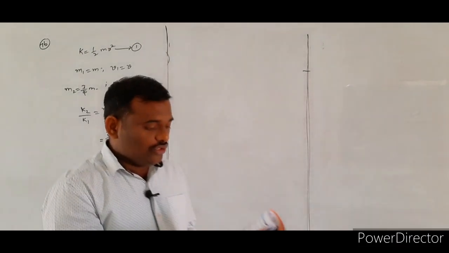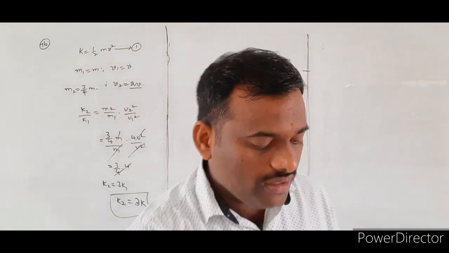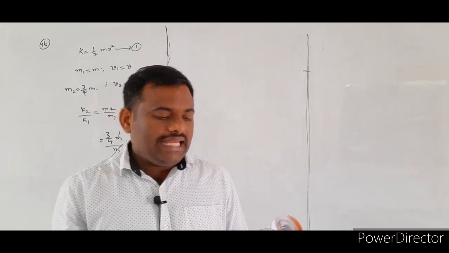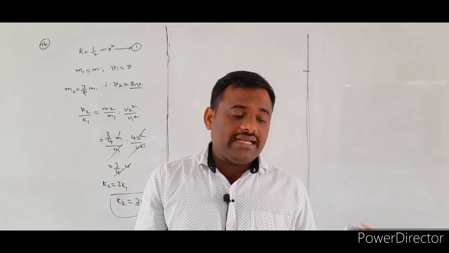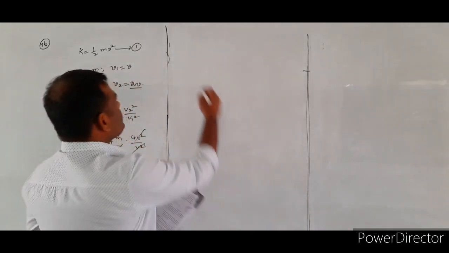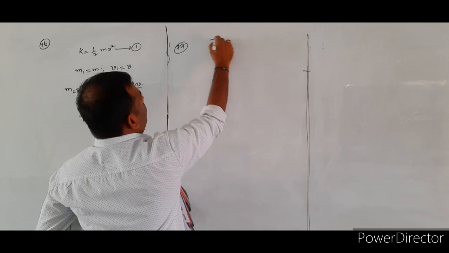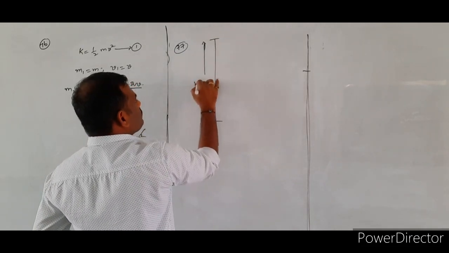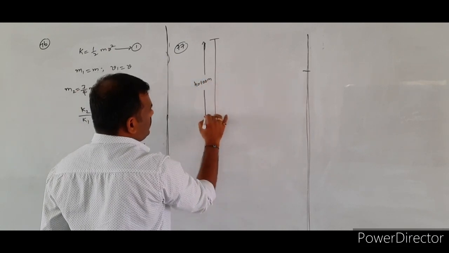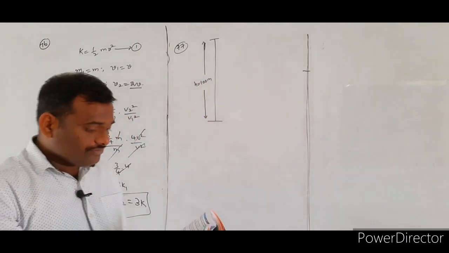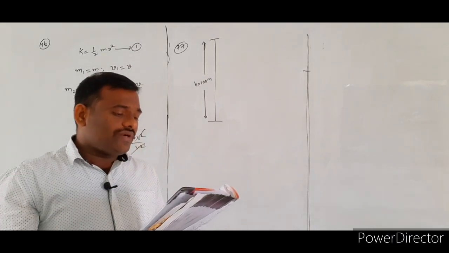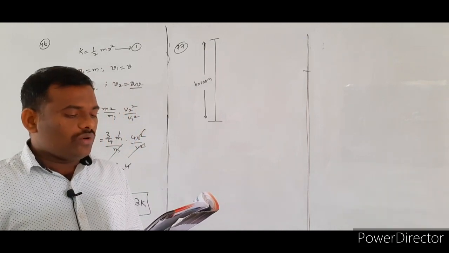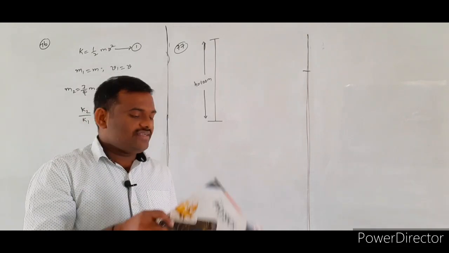3K. Important numerical. Next. Problem number 77. An inelastic ball falls from a height of 100 meters. So, in 77, a ball will be falling from what height? H is equal to 100 meters. If it loses 20% of its energy due to the impact, the ball will now rise to a height of. See here.